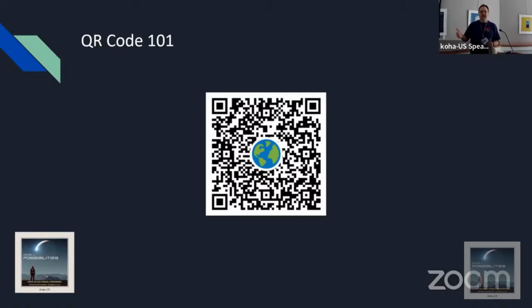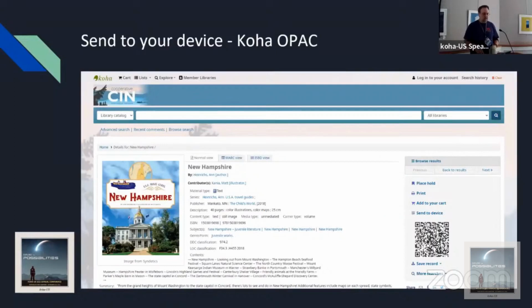One thing that we've explored in Koha is the use of QR codes in the catalog. And this is a little bit hidden. I don't know if everybody knows about this particular feature, but if you do a search in Koha, and this is something that I had suggested to somebody in BugS a while back, and I think it might have been